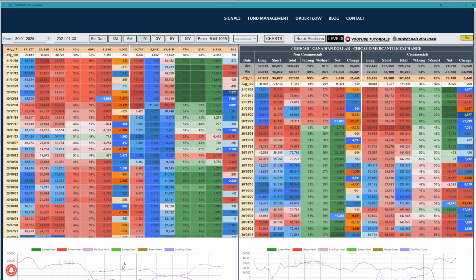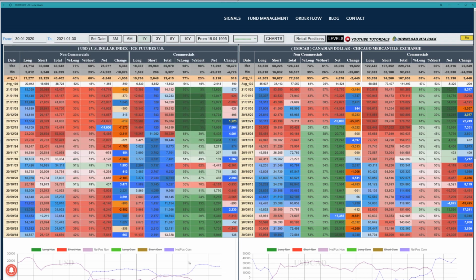So let's check what actually happened in the COT data, and we are starting with the dollar. So what is in here? We're still not seeing any signs of bullishness. The banks are still adding shorts, so I'm thinking that the dollar will be weaker for quite some time. We are seeing profit taking on the other pairs, but the dollar still doesn't have strength. So here on the right side I have USD CAD, so let's continue with it.